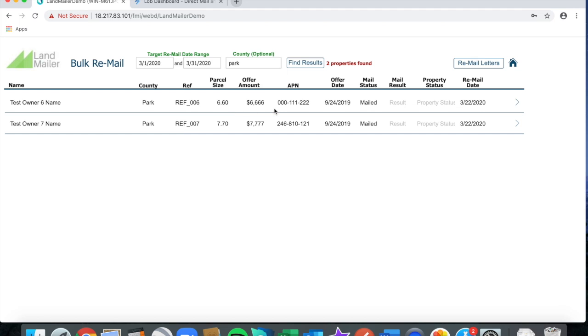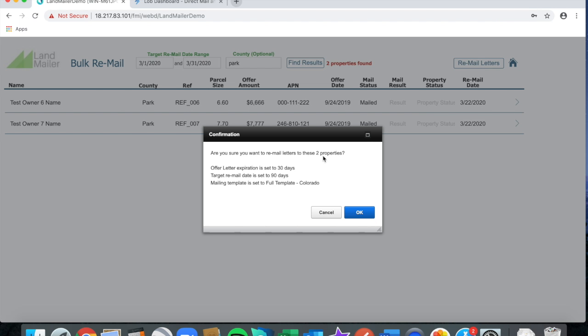So let's say I wanted to do this, for example. If I remail this, I want to show you something else. So let's remail these properties. We'll notice the offer date originally was 9/24, and the remail date is March 22nd, 2020. So when I remail those letters, it's going to set the offer date to today, but it's going to say the target remail date is 90